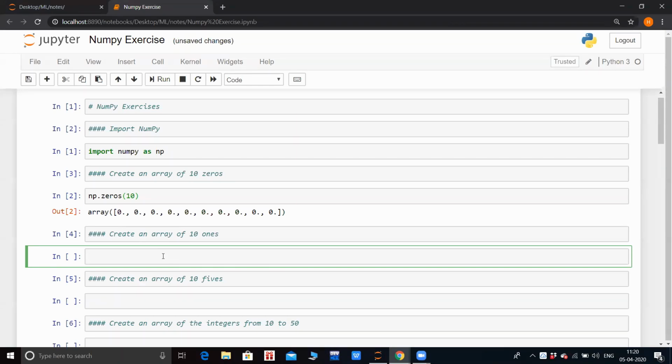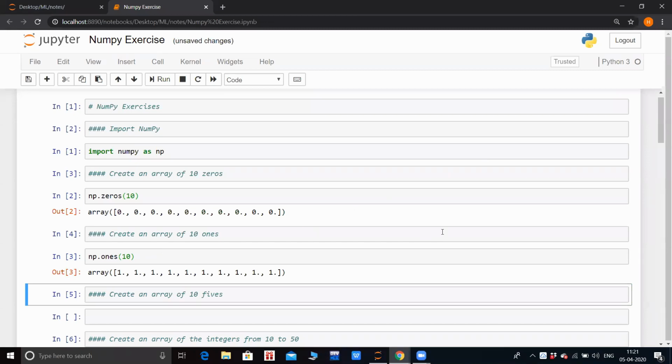I will just show you how to optimize it to a single command. Hope everyone is trying. I can't keep a record of whether everyone is trying, but I expect everyone to try. I'll just use np.ones and again pass 10 as the argument, the number of elements of one you want inside your NumPy array.